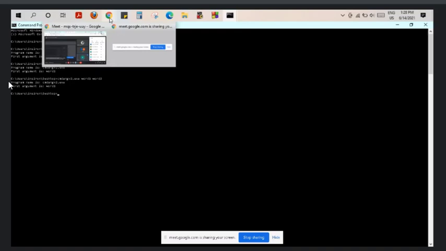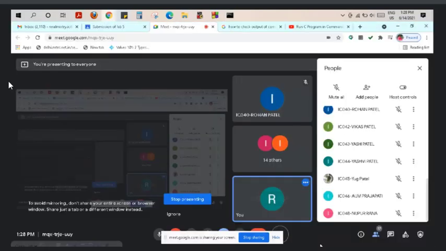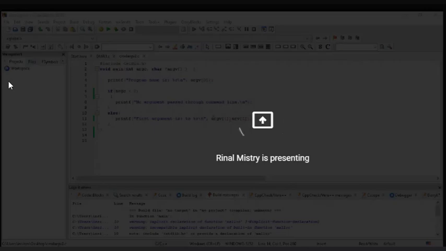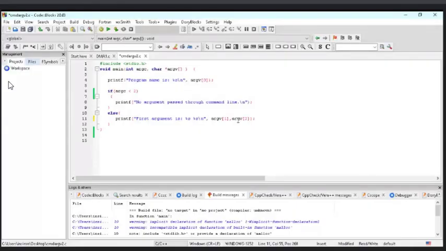Now did you understand the question? Yes, ma'am. What can we do, what do we have to modify in the program so that we can display both the strings, argv1, okay, argv instead of